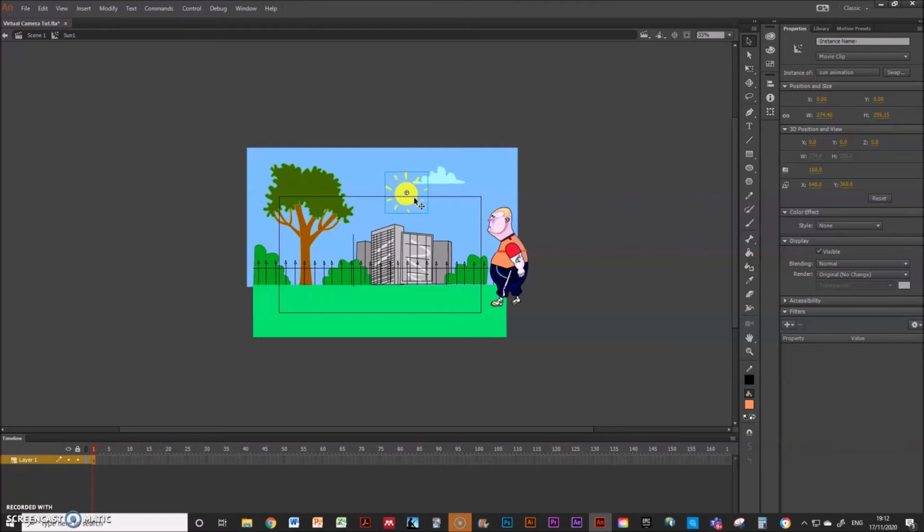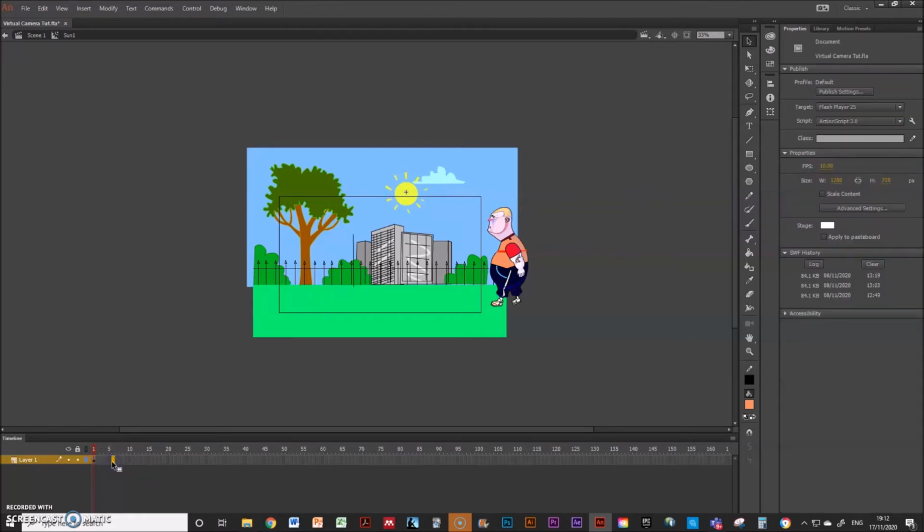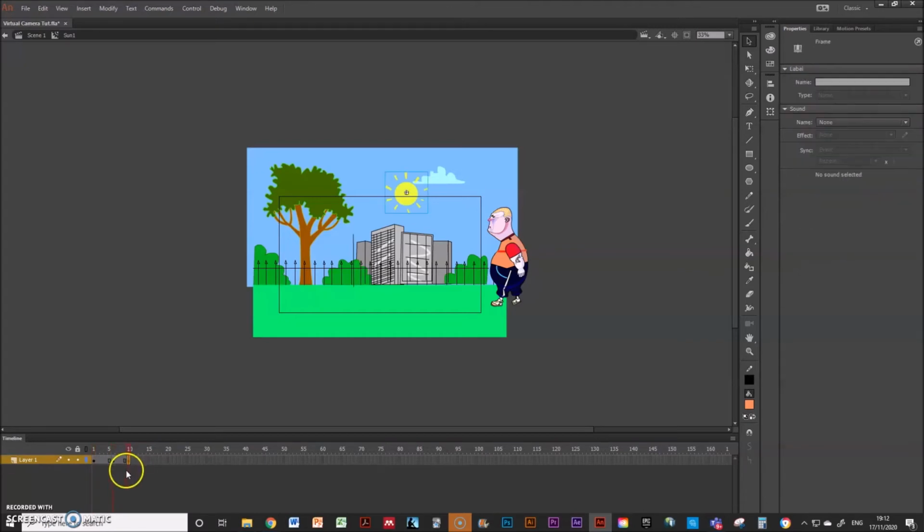So the reason I've turned it to movie clip is I want to use a tween with it. So I'm initially, first of all, going to set up the keyframes. Now I want it to fade in and out, the sun, over about 10 frames, so a fairly short looped animation. So if I go to frame 6, press F6 and insert a keyframe there, and then frame 10 and insert a third keyframe, I've now got